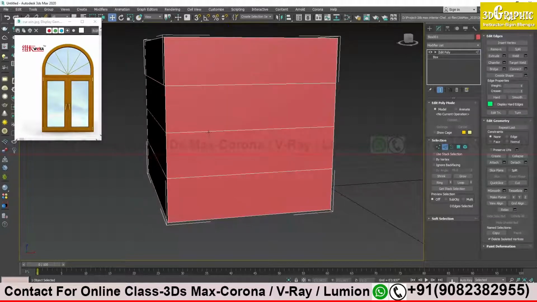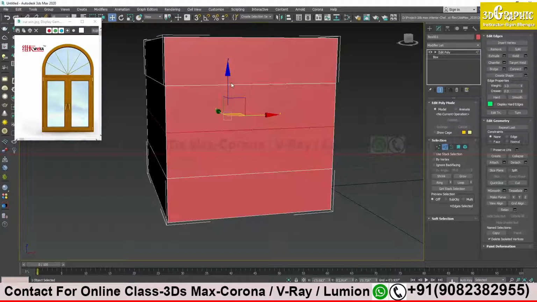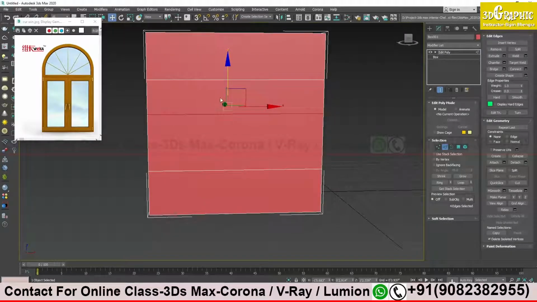So what I will do, I will double click over here so that all my edges are selected. Single click selects one edge, if I double click, all the edges will be selected. It's a shortcut. So I will drag up now in one direction, clicking on Z and dragging it in one direction. So this is done. This is the bigger one and this is the small gap.